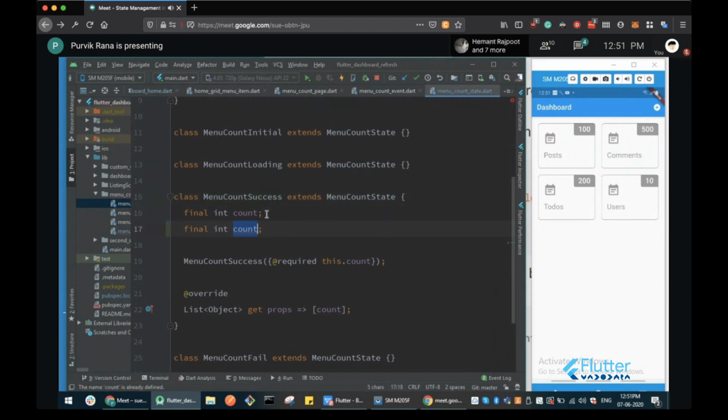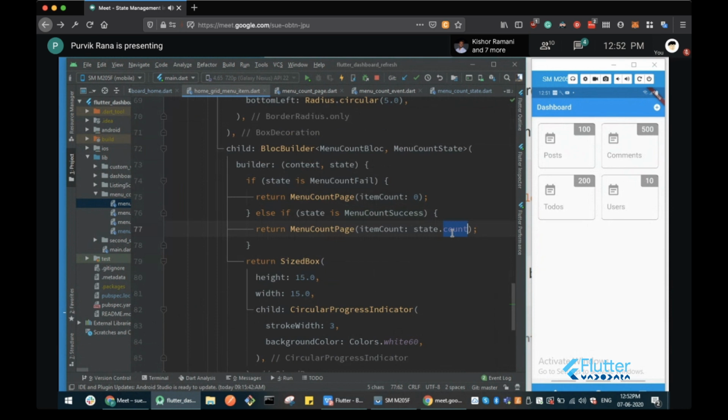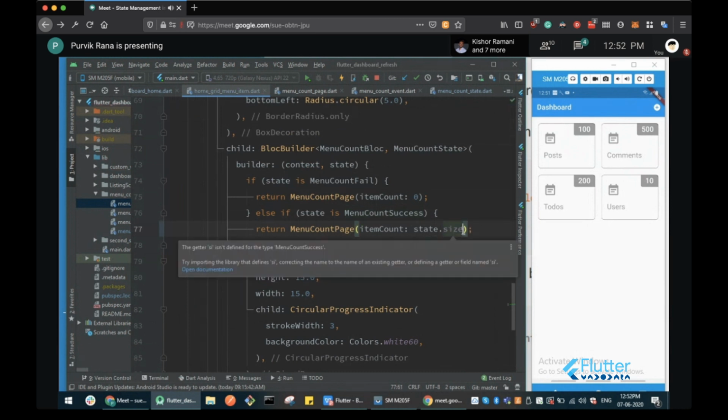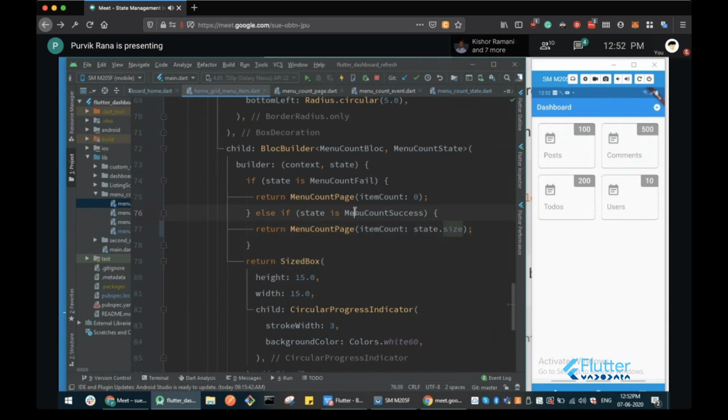So any value that you are giving over here, let's say I have some other value, let's say size, that I have to pass on to this particular constructor, I can access this value over here using state.size, because my type of state is right now menu count success.